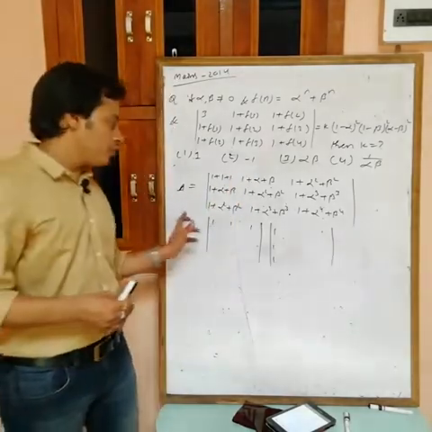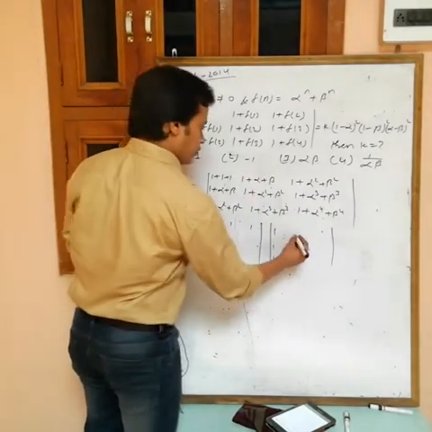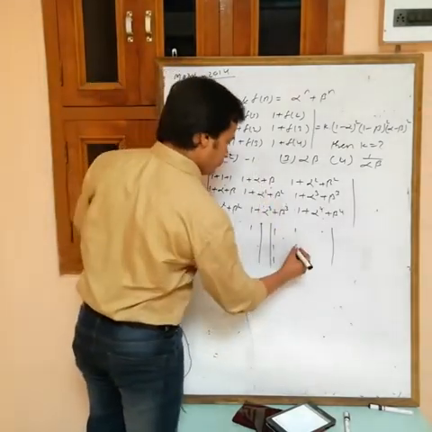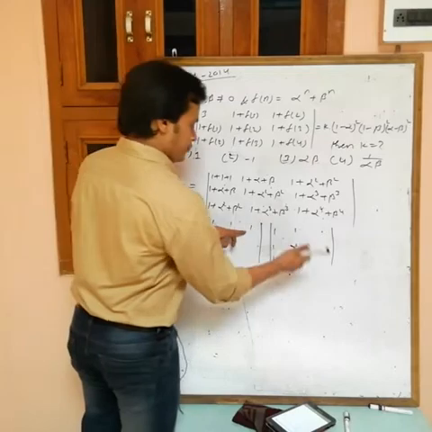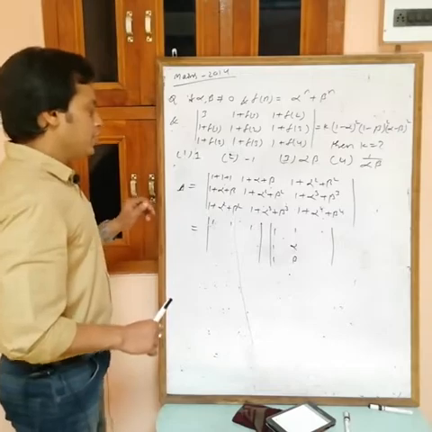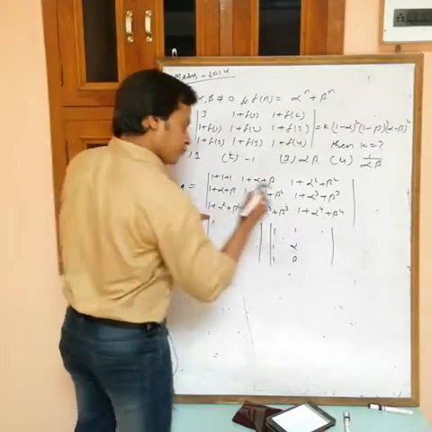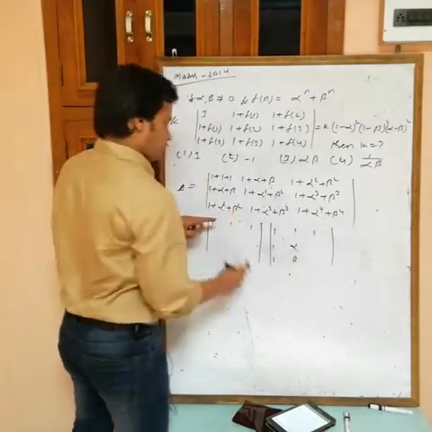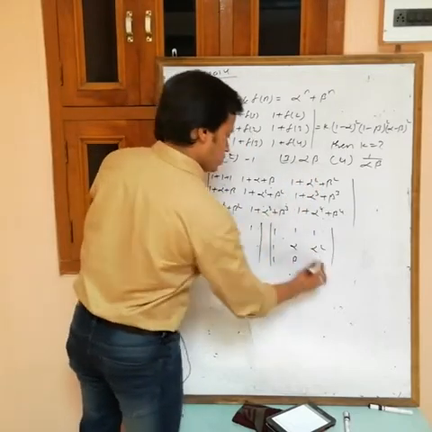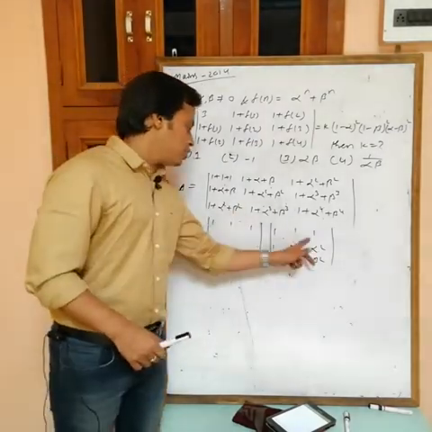When will you get P12? First row, second column. So first what do we want? 1. Okay. What do you want? Alpha. Okay. What do you want? Beta. This. Okay. Now P13, first row, third column. What do you want? 1. Then what do you want? Alpha square. Then this must be alpha square and this must be beta square. See na? P13, first row, third column: 1 plus alpha square plus beta square.